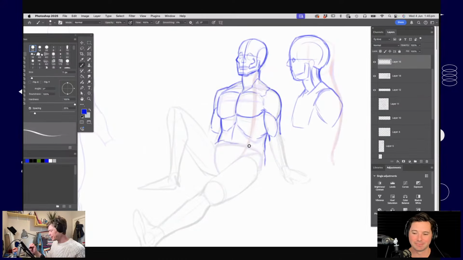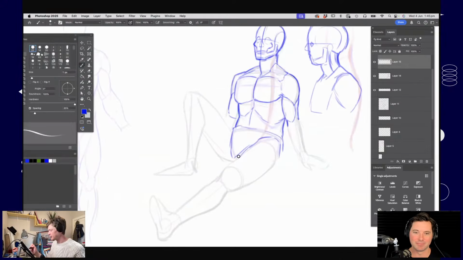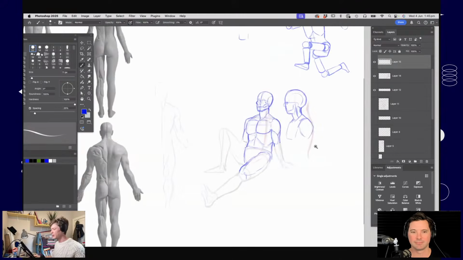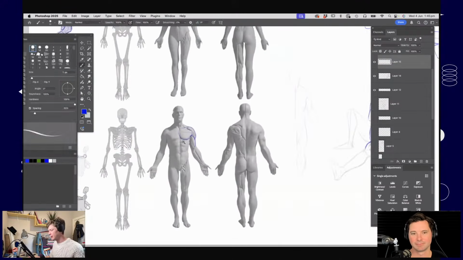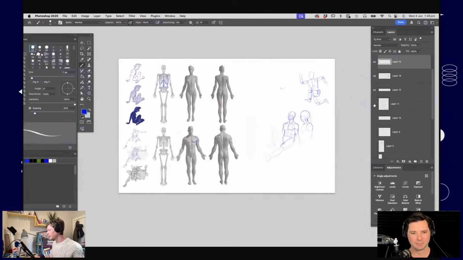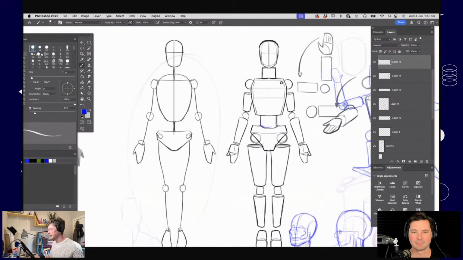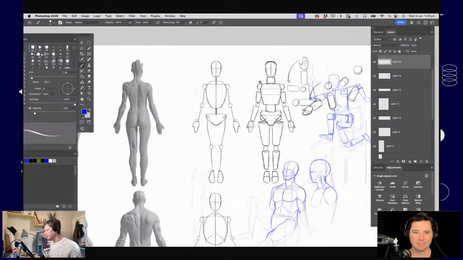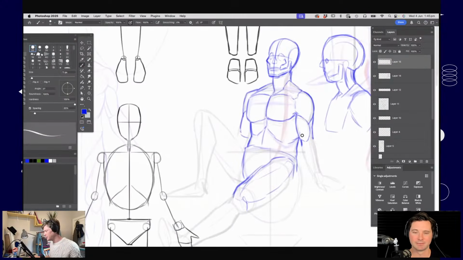Okay. And yeah, we could keep going with that one, but you get the basic gist there of starting to apply those larger muscle groups that we looked at. It's like we're overlaying the things that we've learnt about the shapes of the muscles on top of this kind of cylindrical character. And that starts building up those bits of information that make us look like, okay, we've got a three-dimensional person being constructed there.